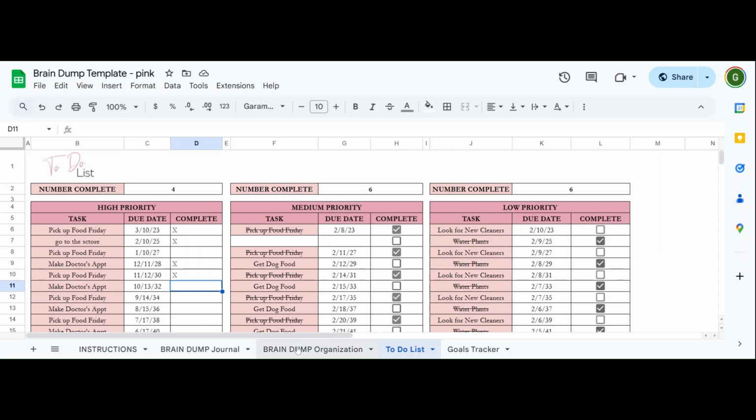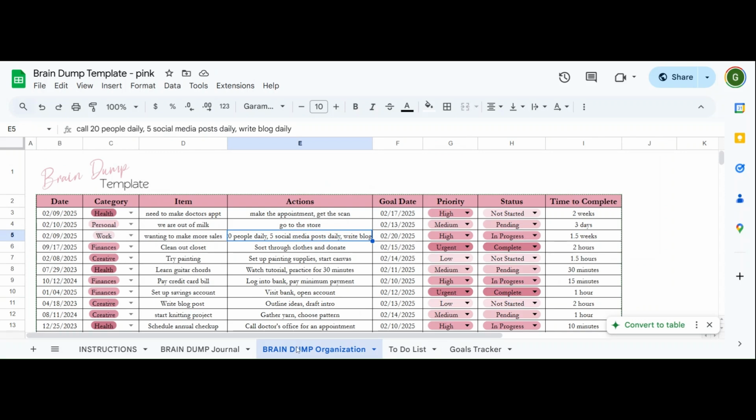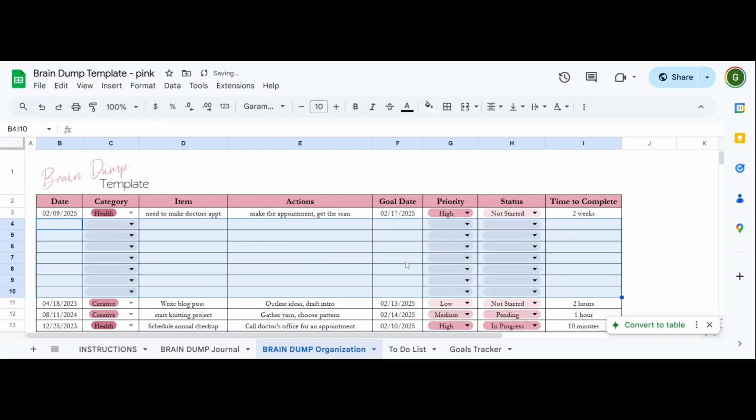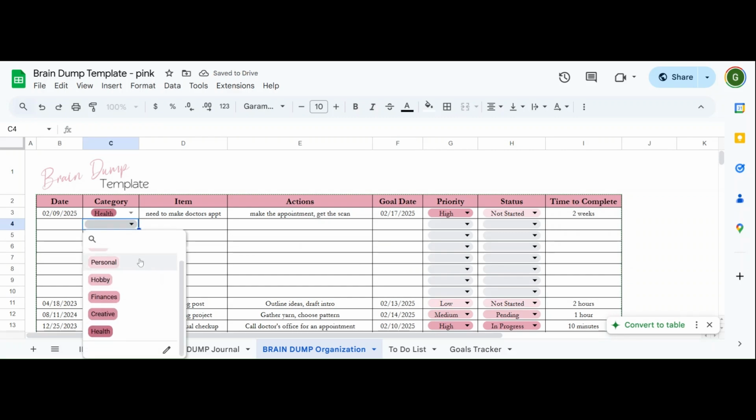So essentially it'll work the same. So that is how this sheet works. I'll make sure that all of this is emptied out for you so that you can just come in here and do your thing. Now, another thing that you could do is, if you didn't like any of my